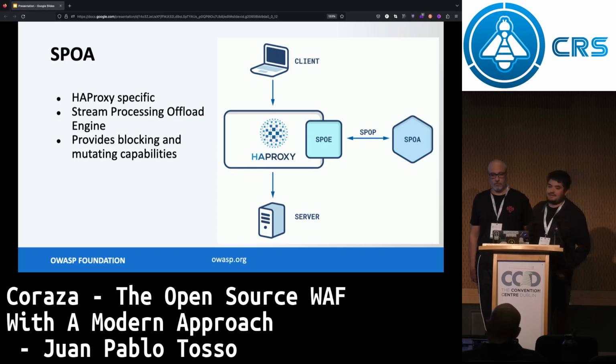So the HAProxy implementation can decide whether to continue sending the data to the user or let it pass. It's a great protocol for a WAF because it's not easy to extend HAProxy using the C wrapper. Also, the great thing about SPOA is that it supports the same load balancing features as a backend on HAProxy. So you can have 10 instances of a web application firewall and balance them using the HAProxy configuration.